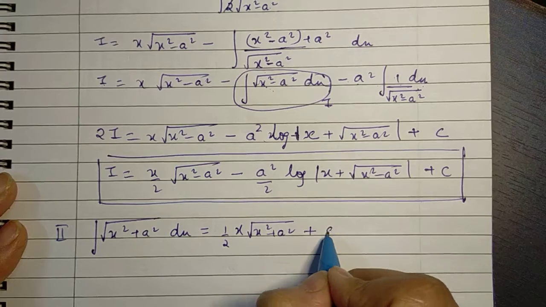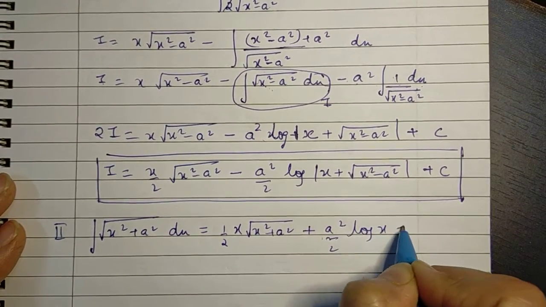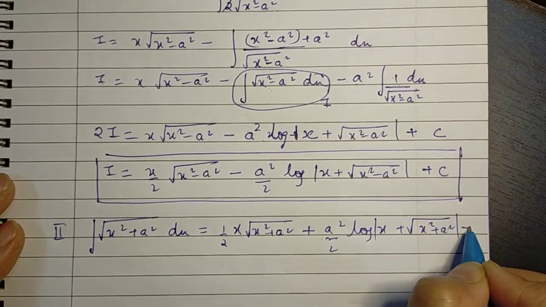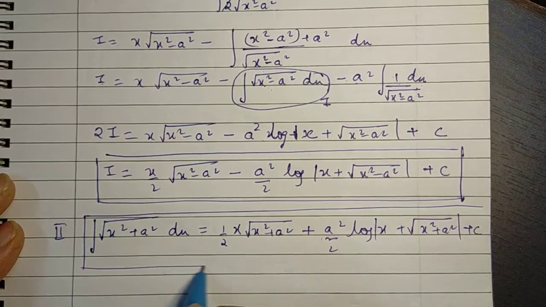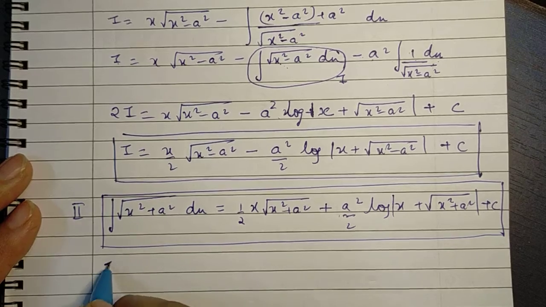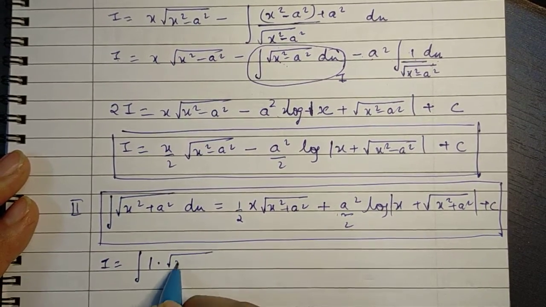Plus, now here we'll get plus a squared over 2 log of modulus of x plus under root of x squared plus a squared, plus a constant. This is the second result, and I'll just quickly show you how we get it. Proceeding exactly on the same lines, this will be equal to 1 into square root of x squared